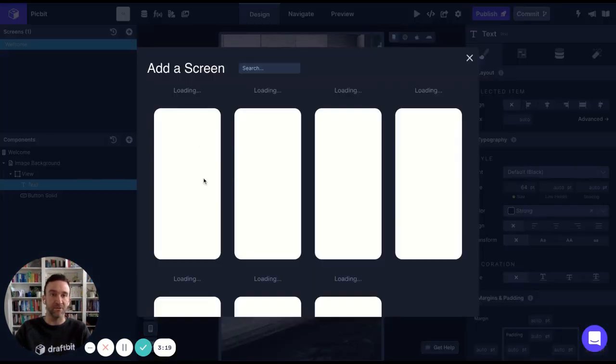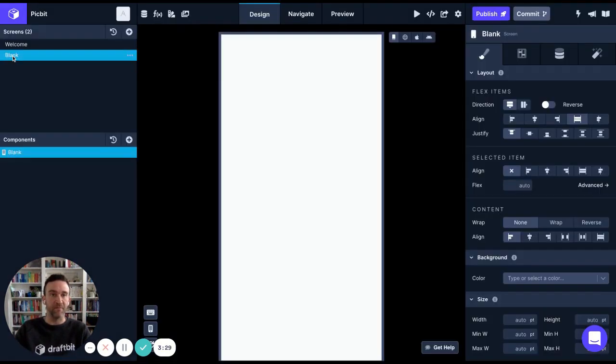So I'm going to add a new screen to my app. We'll name this new post. And the main components of this are going to be a large image area that will start out with a placeholder and will allow me to upload and add a photo to it, a text box that will allow me to type in a caption, and then a button to submit it all.